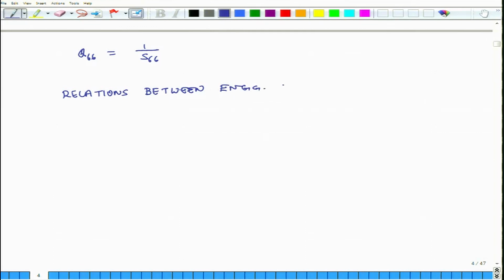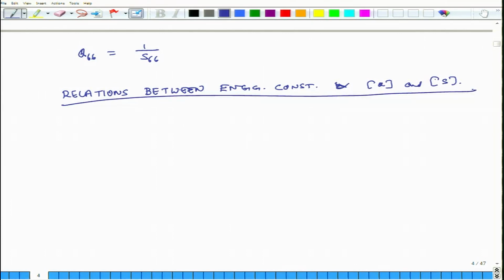between engineering constants and Q and S. So, suppose I have a unidirectional specimen and the fibers are in this direction, and I just apply sigma L to it. If I just apply sigma L to it,